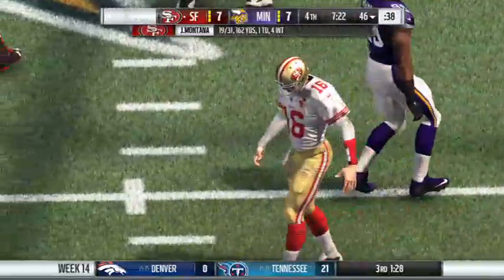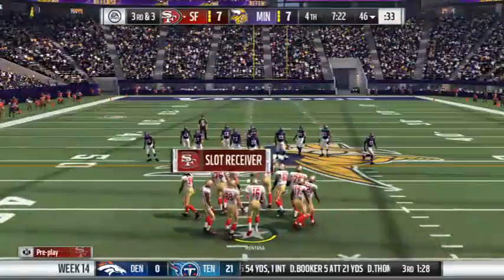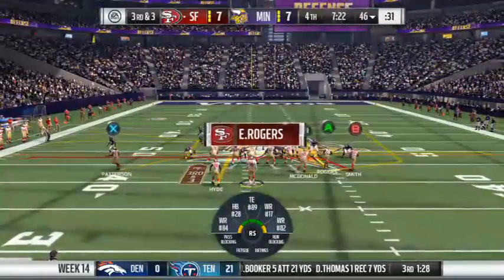A pretty good coverage there, and both of these defenses, they've had good coverage throughout this one. No doubt about it, and in today's NFL, where we're used to a bit more scoring,